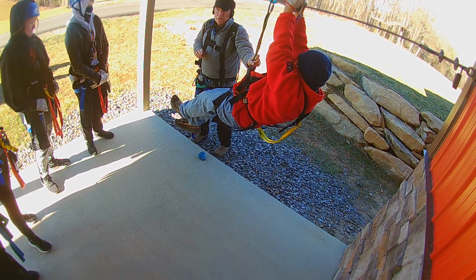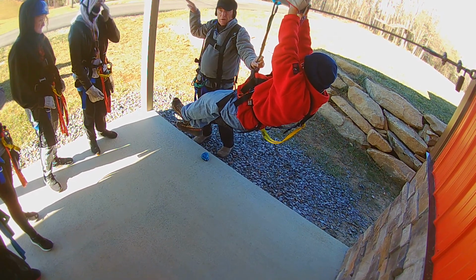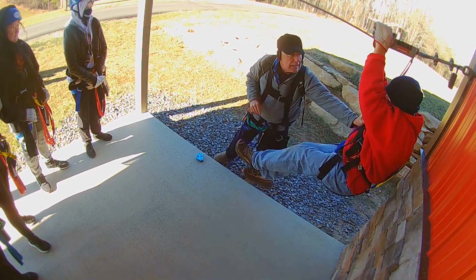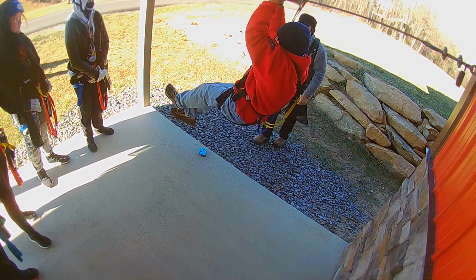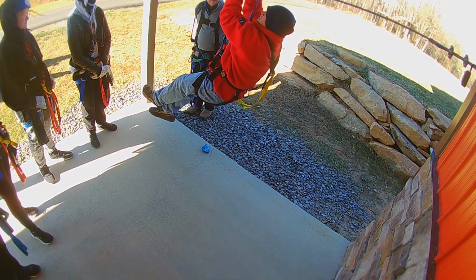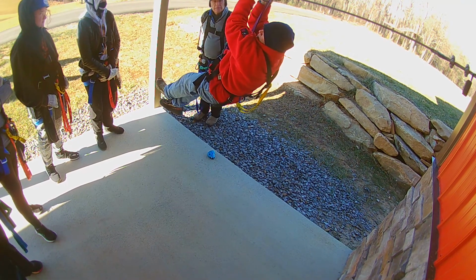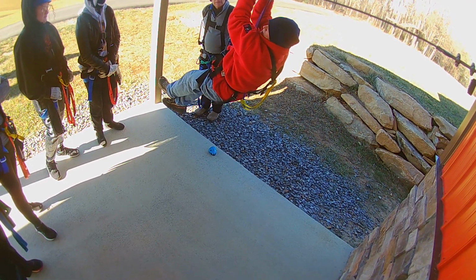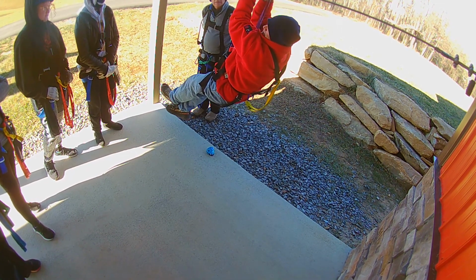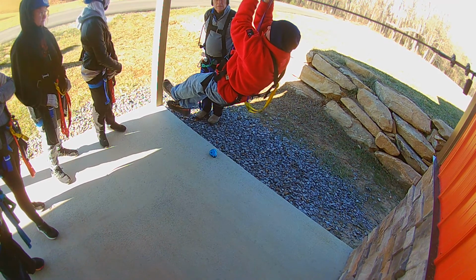But what we're going to do is show you what happens if you get stuck on the line, if you don't make it all the way into the platform. I'm going to show you what to do. If you come to a stop and you haven't made it to the platform, we want you to apply your brakes so you stop on the line. If you don't do that, you're going to roll backwards and go away from the destination you're trying to get to. So if you come to a stop without making the platform, apply the brake, and then